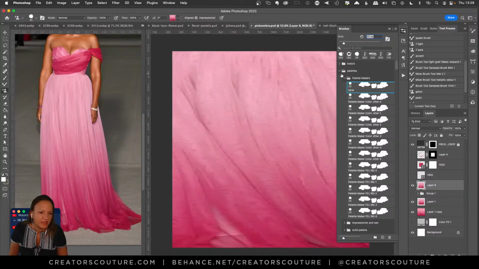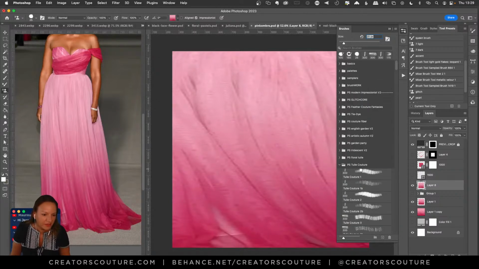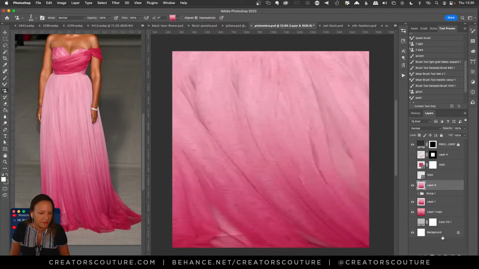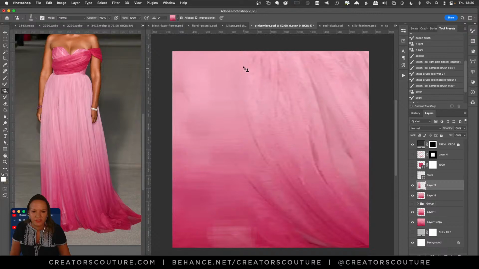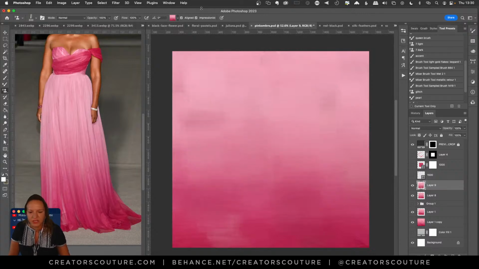So if I grab one of my Tool Couture brushes, I'm going to make a new layer, and okay, I want to make sure Impressionist is checked and aligned. And so now when I use these brushes, you see how it respects the ombre effect. It can move a little bit, but in general, it keeps that ombre effect on your whole document.